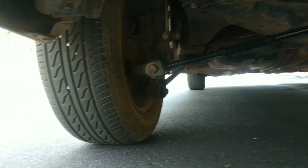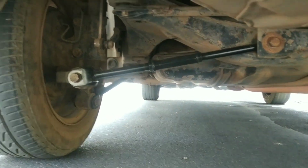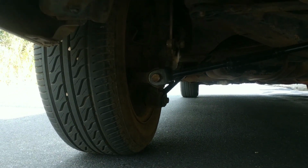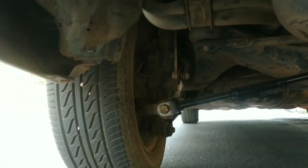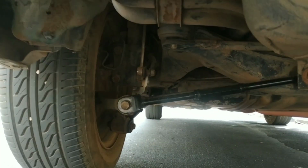So recently I had to do some work on this. Obviously we can see the relatively new control arm right there. Had to get that replaced because it went bad as a result of a bad trailing arm bushing. So what I will say about that is, if you're having a knocking noise from the rear end and you have this kind of suspension setup,